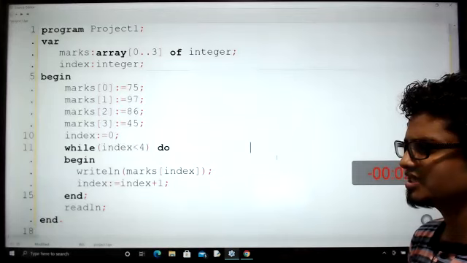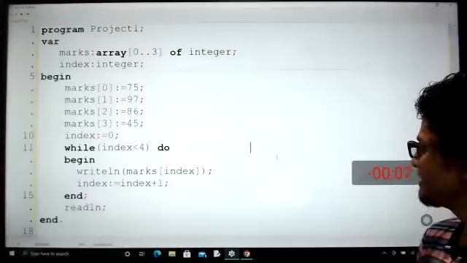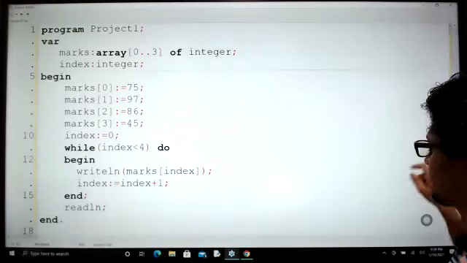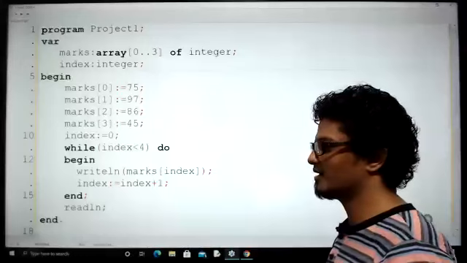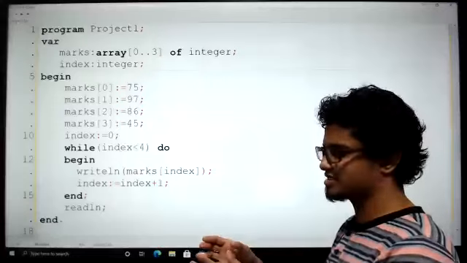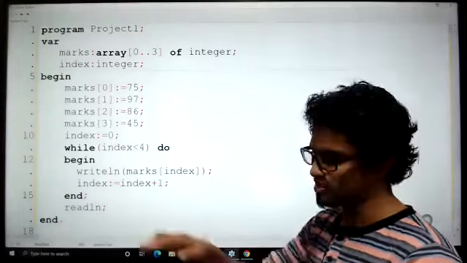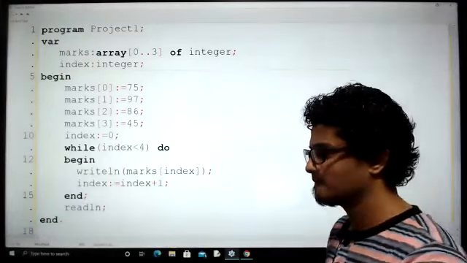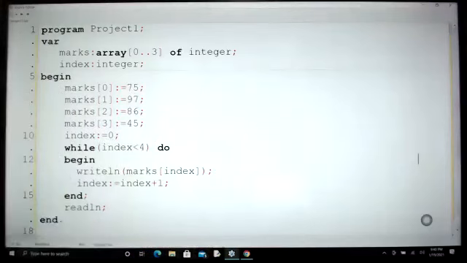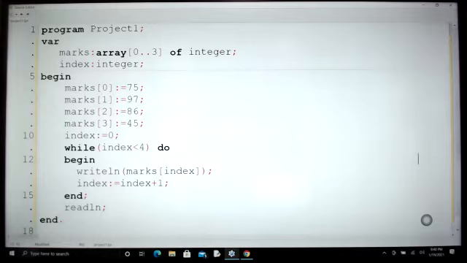Can be defined like this: marks 3 equals marks 2 plus 13. Yes, correct. Menura, you can define like that. What will happen is that the value in the marks array element number 2 will be added with number 13, and then it will be assigned to marks array number 3 according to your equation, right? Fine. There are a lot of questions, it seems. Goodness. Okay. We'll have a small Q&A session after this. Don't worry. Fine. So here,